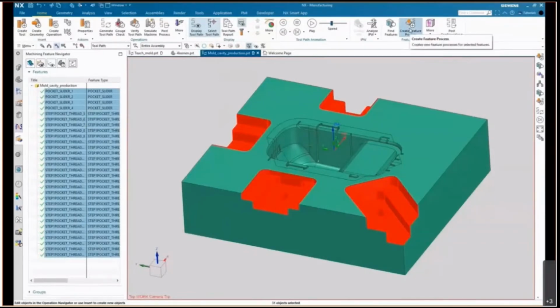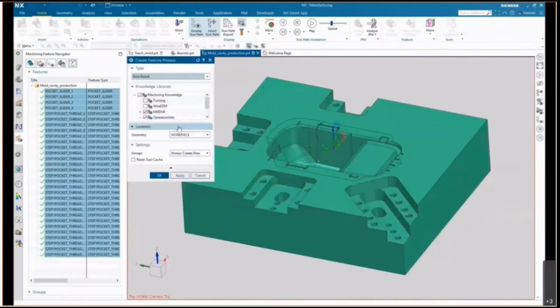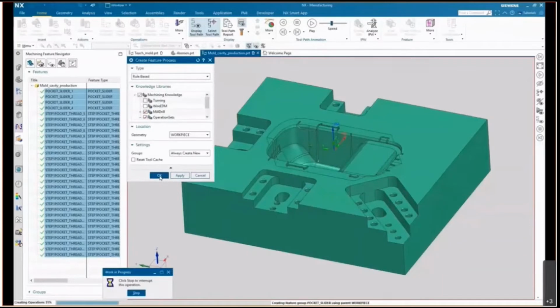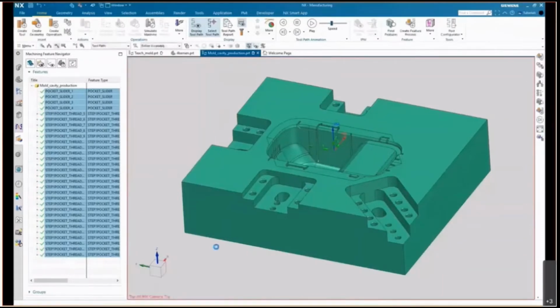So not only the holes, which are best practice out of the box, but also in my operation set, there are custom operations created based on the geometry which is recognized.